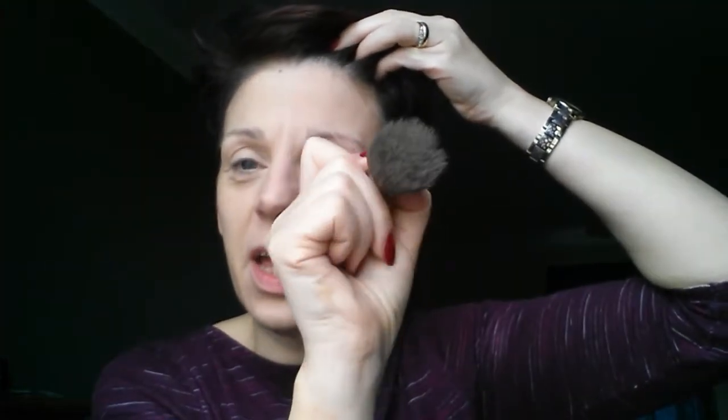So I'm actually now going to apply this straight onto this side of the face, and literally the same little circles. I'm not putting any extra pressure on the brush, and in fact a good tip is to hold the end of your brush, because I think if we hold it down here like a pen, we're tempted to really press hard and splay the bristles. We don't want to splay the bristles. So if you hold the end of the brush, it's much lighter, and you literally just go in little circles over the whole face. So that's the mineral powder